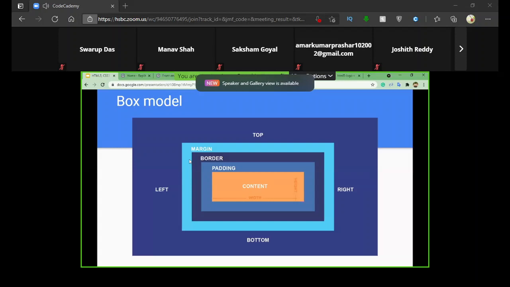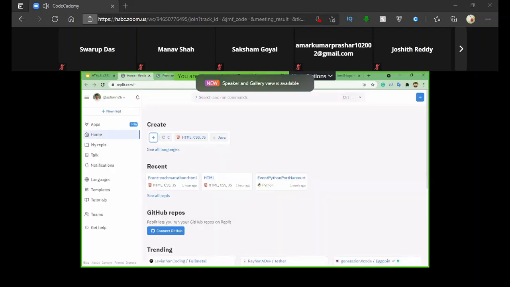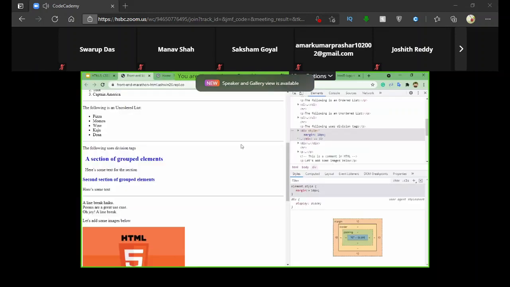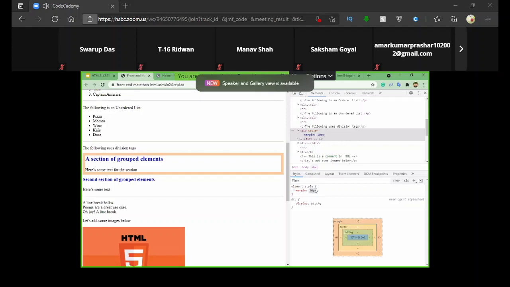The outermost part of our box model is nothing but margin. Whatever space we want to provide on the outskirts of any content, you have to provide as margin, as much space as you want to give. I've used px over here. Px stands for pixels. It's a measurement that we can give for the amount of space that we are giving over here.